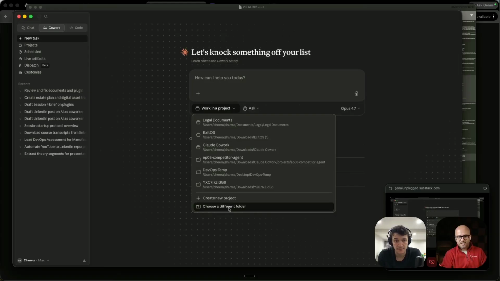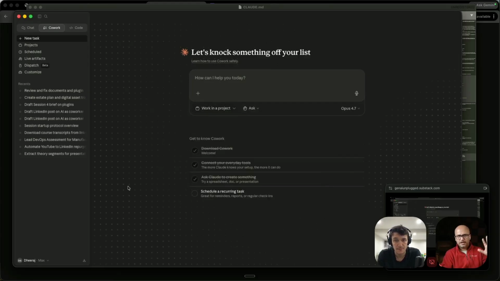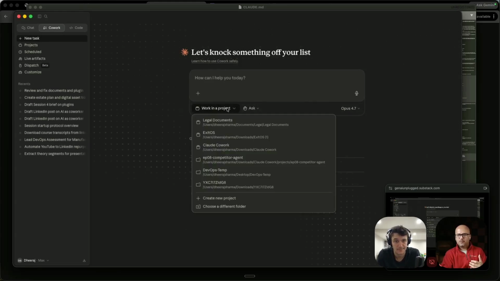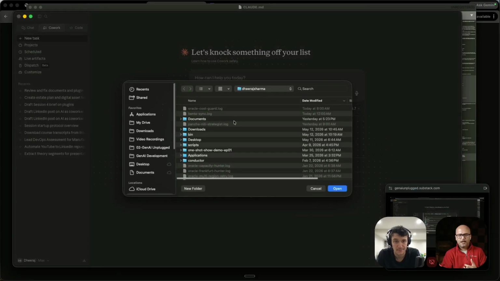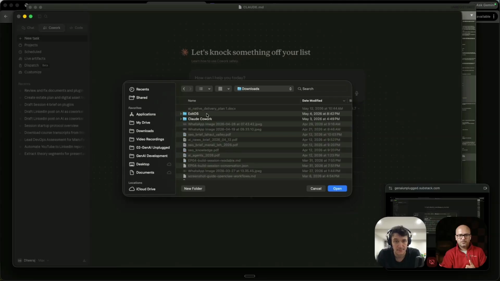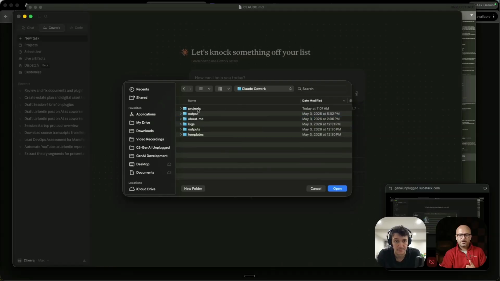That's pretty much it. What we have to do now is we have a folder created with all this content, so you can work in Cowork. I'm not going to show the example of code, which gets a little more technical, but from the Cowork standpoint, it's pretty simple. You open your Claude app, come to this tab, which is Cowork. You click on work in project, and then I can choose a different folder. I have my downloads folder and this Cowork folder over here. In this, I have projects, wherever you have saved the files. I have this SEO AU agent, so I'm going to work in this, and you can see it's the same claude.md, context, profiles, output and templates.